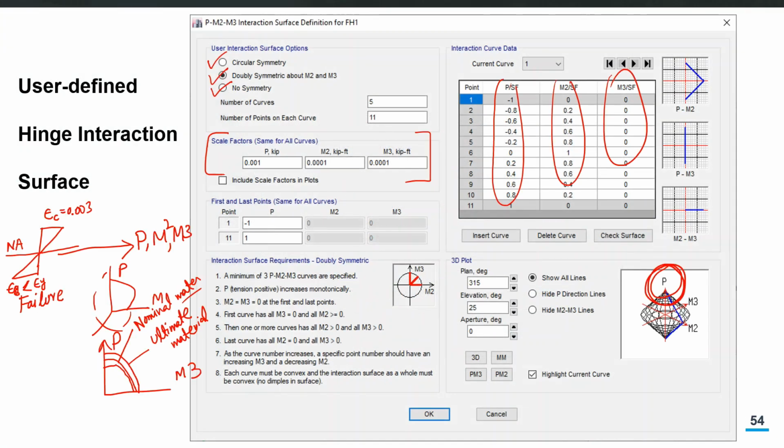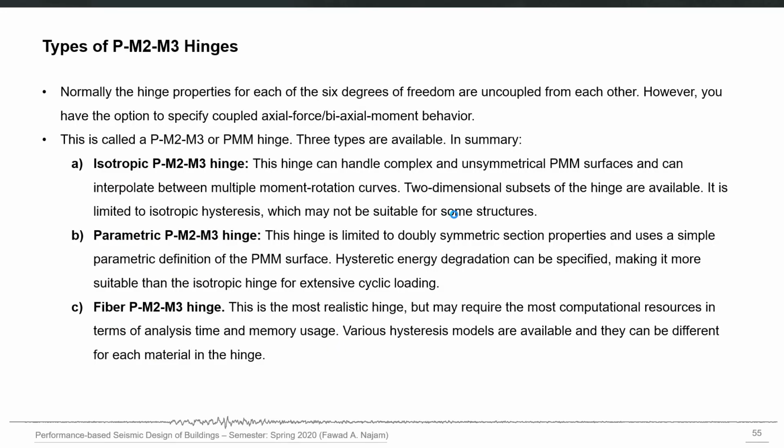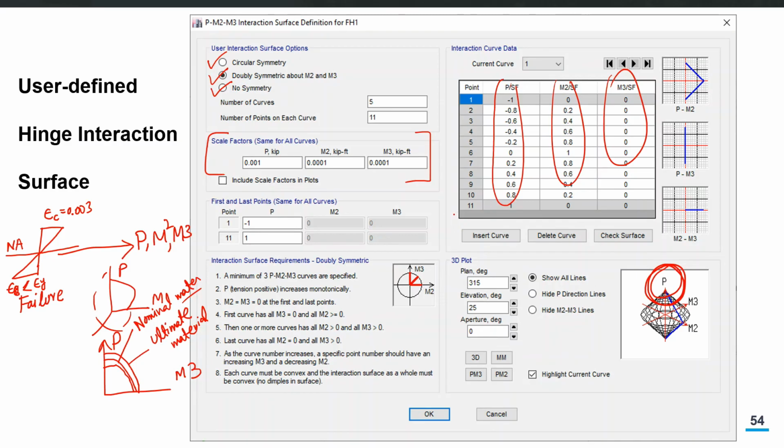So these three or four forms will be used to manually define the PMM interaction hinge for a particular column. The summary is that you need to have the PMM surface for your column. Either you go for the code expression or you go for the manual definition using this particular form.